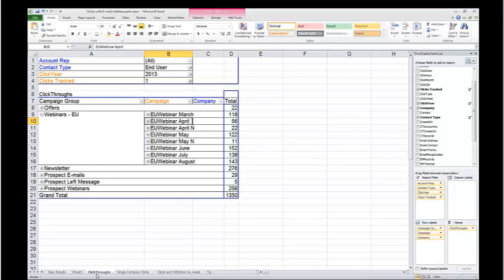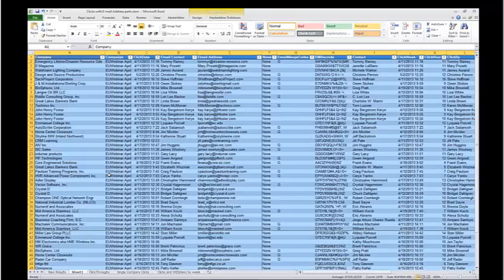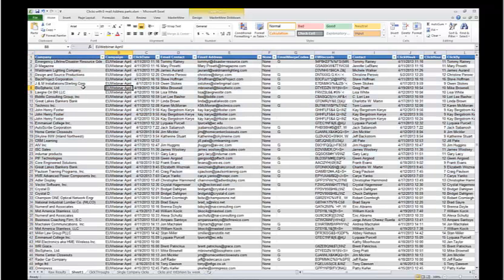Now, by the way, when I drilled down over here, it created a sheet. When I double-clicked on that number, it created a sheet that showed me all of the individual records within here. This still gives us the ability to take a further step and go straight to the record on the Goldmine side. So if I double-click anywhere in a row here inside of one of these MasterMine drill down sheets, for example, on Biospherics Limited here, I might double click and it will swing over to Goldmine